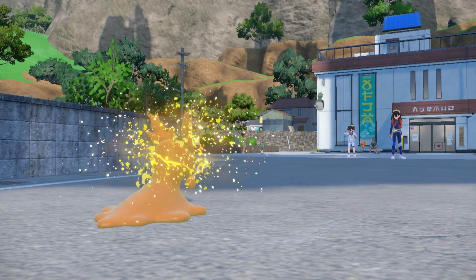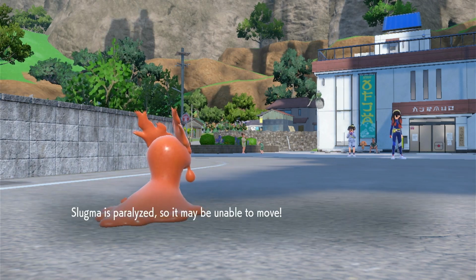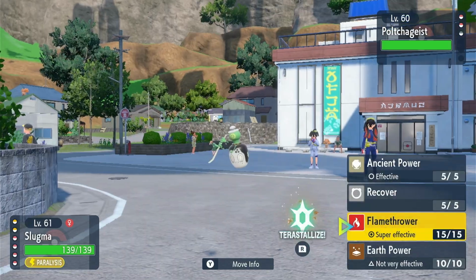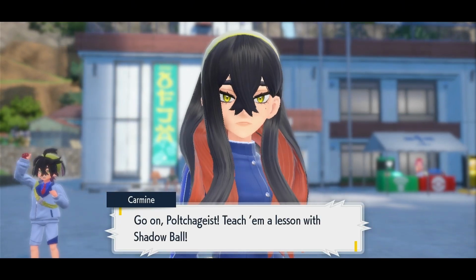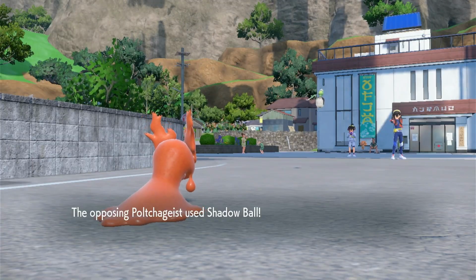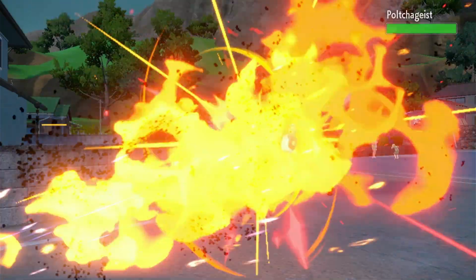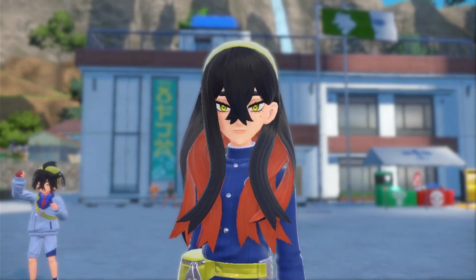It uses Stun Spore, so... And we get paralyzed. Wow. There's our luck, guys. Let's try and get this to land again, though. Go on, Poltergeist. Teach him a lesson with a Shadow Ball. I don't think this is going to do much, but then again, Slugma's not very strong, so... Oh my lord. And we land the Flamethrower, which does a one-shot, so...